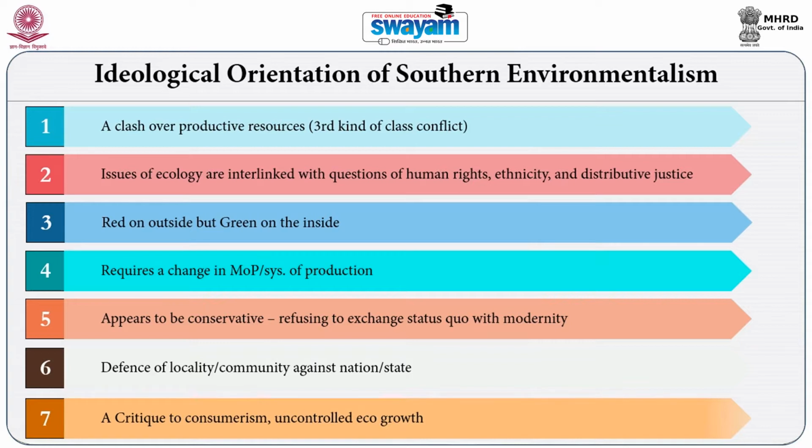the first kind of class struggle was fought on the land, where it was a conflict between those who have land and those who do not have access to land. The second kind of class struggle was fought in the factory, where essentially the conflict was between the factory owners and the landlords, or from a Marxian perspective, between the proletariat and the bourgeoisie. And these environmental movements may be considered a third kind of class struggle, where the space of conflict has shifted from land to factory to nature.